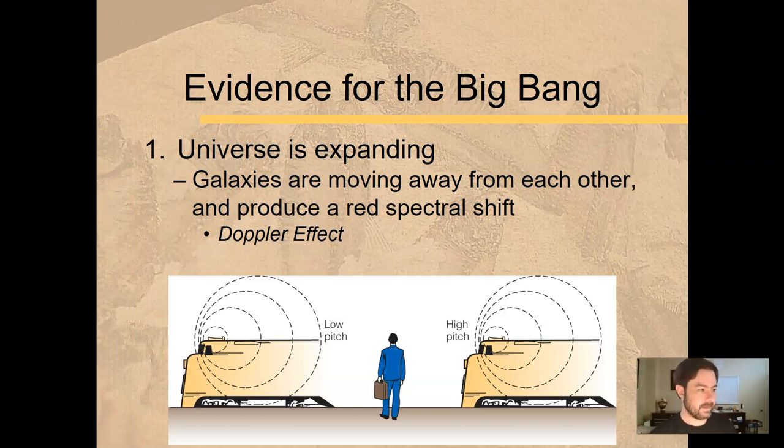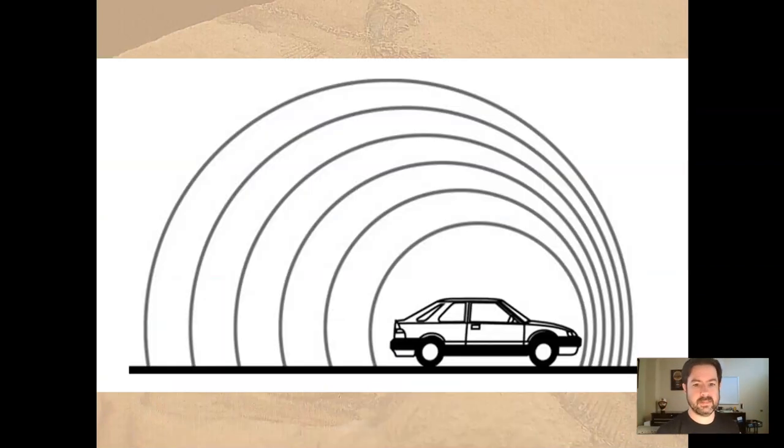That's the Doppler effect. And it's not that the horn is changing its sound. It's still making the same sound. But how we hear it is different based on the movement and the speed of this thing relative to us. Remember back to the raisins, how the further ones are moving faster, the closer ones are not moving as fast. So this Doppler effect has to do with the speed at which things are moving, and how waves of sound in this case, or when we're talking about the universe, light, change a little bit. And that's all due to this Doppler effect.